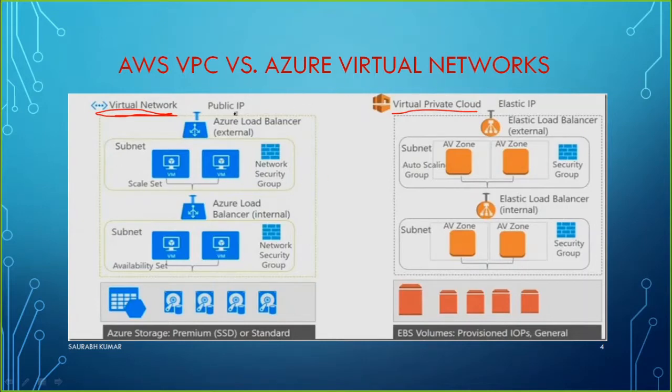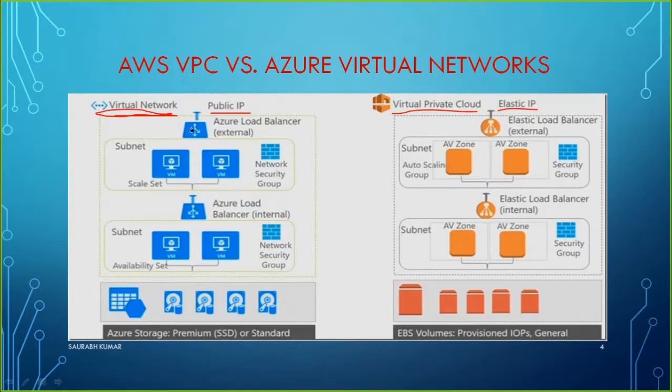So here we use public IP address in Azure type of cloud. Here also we use public IP address, but they have also given one more name called elastic IP. Elastic IP means nothing else, it's like a static public IP you are assigning for a computer or anything. So it will be a public IP with stability, meaning that it is not going to be frequently changed or ever changed. So maybe you have created any instance or any NLB where you want to assign a public IP address which should not be changed, then you use elastic IP here.